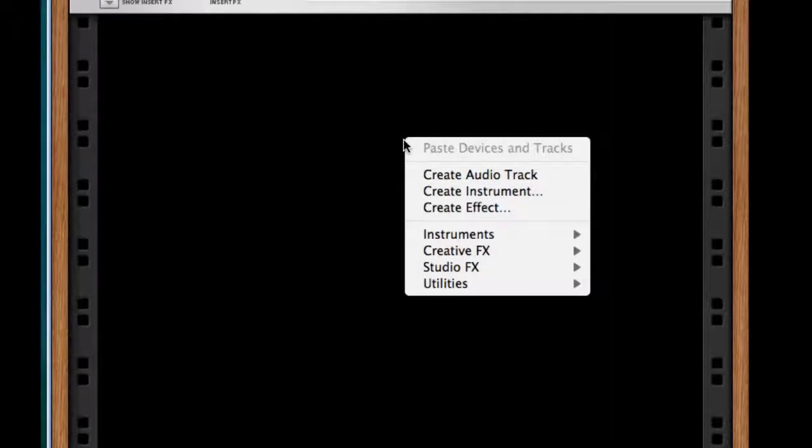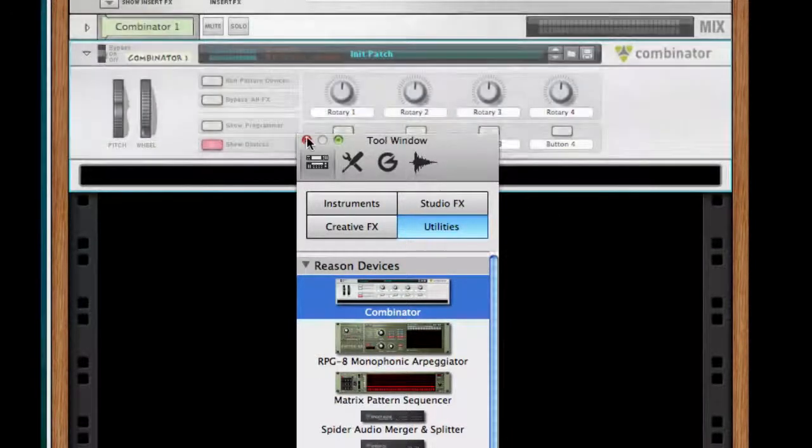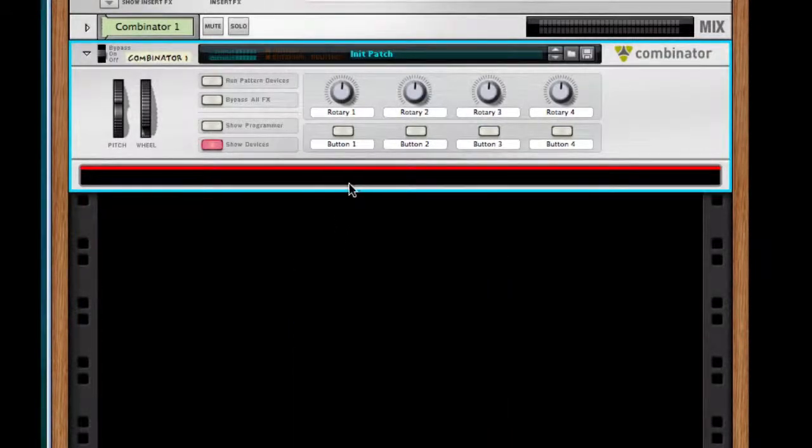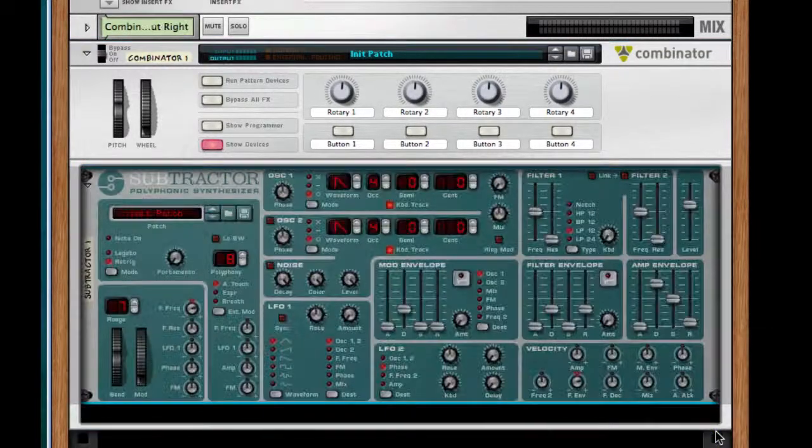So, the first way is to hold down Control and left click. It's the same as right clicking. Or you can hit the F8 key to bring up the tool window. This is where you can navigate to your devices and just drag out a combinator from there. Inside this combinator, we're going to create a blank instance of subtractor. I'm going to first attack the modulation parameters,